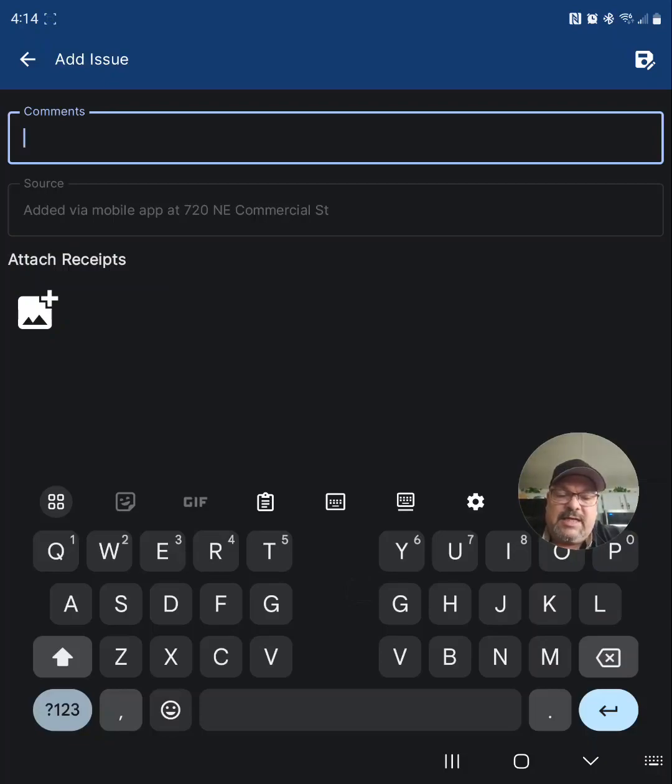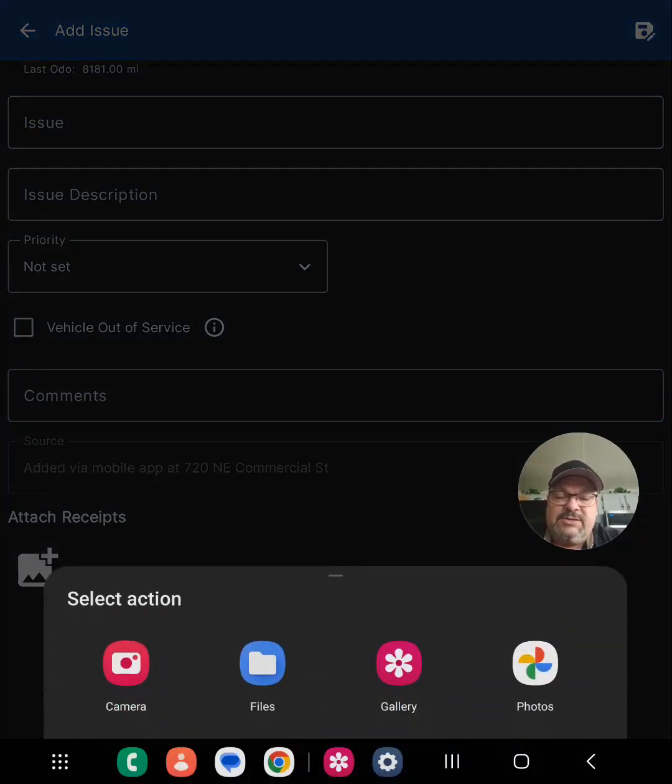Yes, you could attach receipts if you bought something for the issue, but most of it is just to take pictures. So if you're on your phone, you can click that and choose your camera, files. If you've already taken a picture, you can use your gallery. I'm not sure what it's called in Apple. The layout of the system is the same as an Apple, but I'm not sure how this particular works in an Apple phone. But once you click on, say, camera,